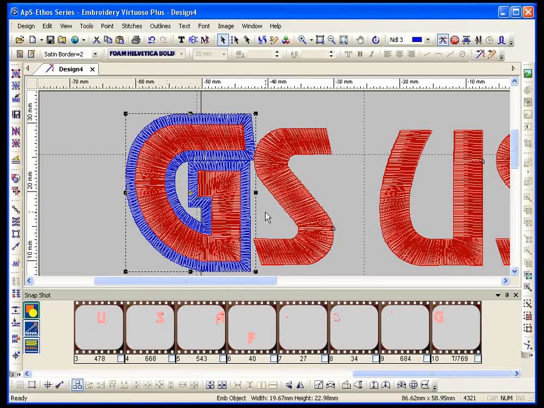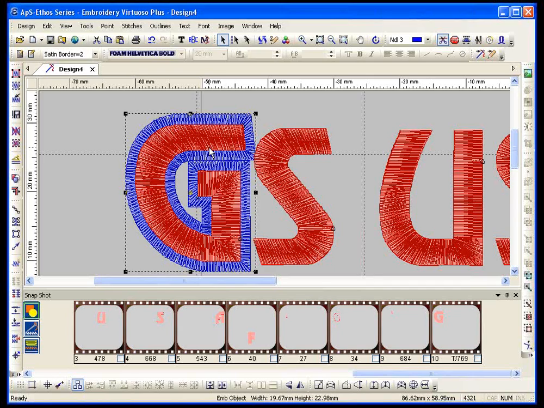This is the blue. Then I'll probably do all my blue. So I'll do the S and I'll do the U and I'll do all the letters. I'll do them all as blue, and then I'm going to come back in over the top and start my foam. I'll stitch out the blue, hit stop on my machine, cut my rectangle of foam, whatever color it is,